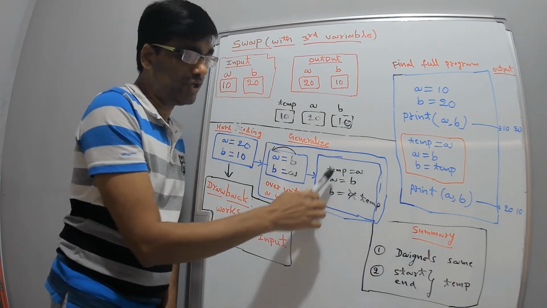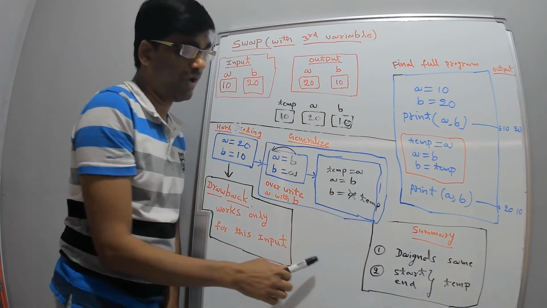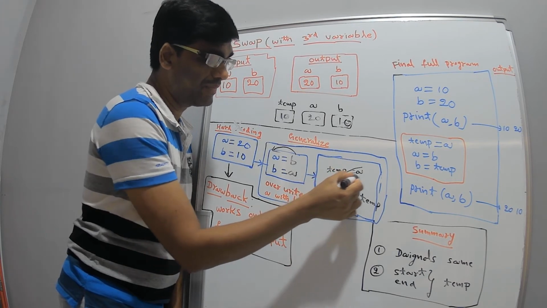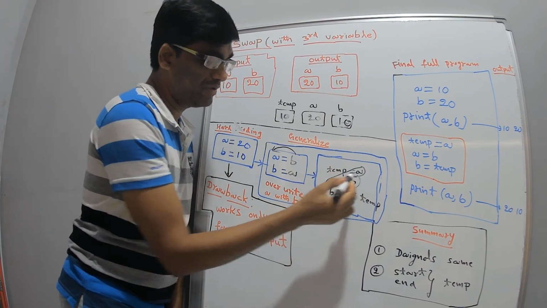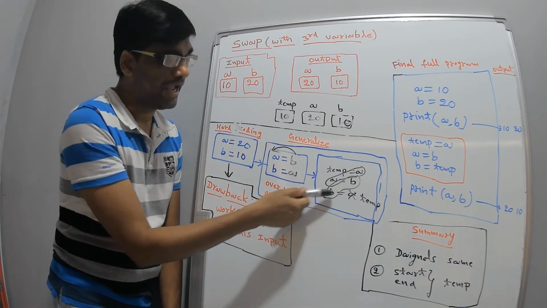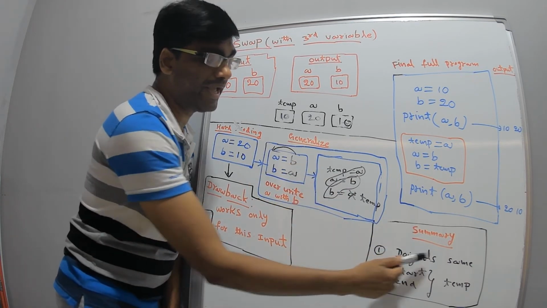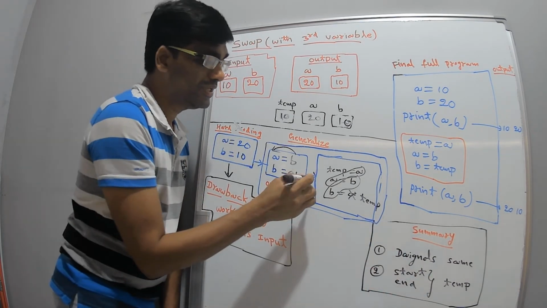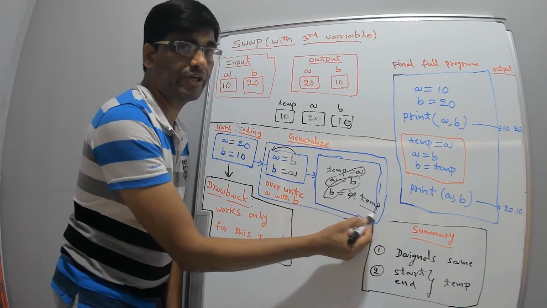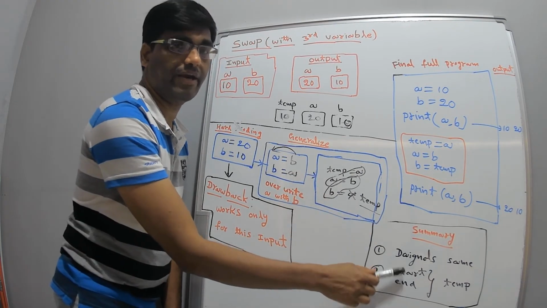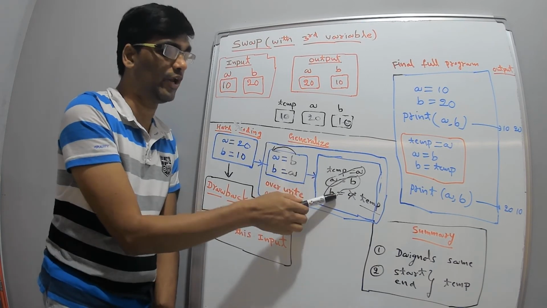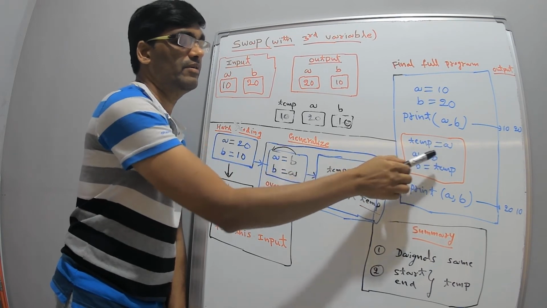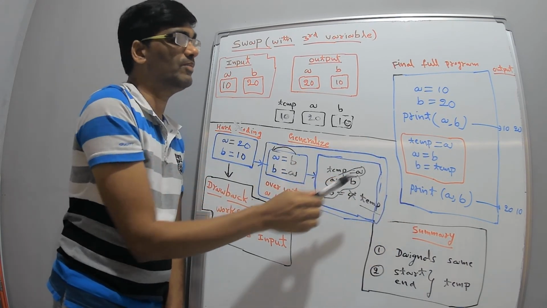Okay, to quickly summarize this one, you can remember like this: diagonals are same. See, A, and here B, means diagonal A same, diagonal B same. So in summary, you can remember diagonals are same, to easily remember this program. Another one is starting also temp, ending also temp, right? So you can remember start, end both are temp. So that way you can remember this program, which means start, end it is temp, diagonal is same A, diagonal is same B.